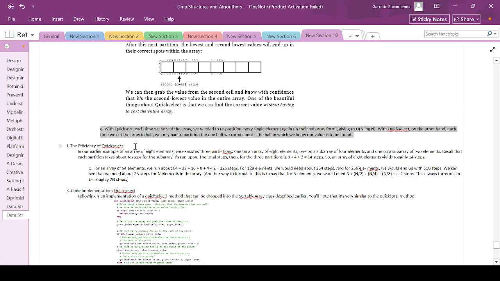Now with quick sort, each time we split the array, we needed to repartition every single element again in their sub-array form, because we need to sort everything, giving us n log n. With quick select, on the other hand, each time we cut the array in half, we only had to partition